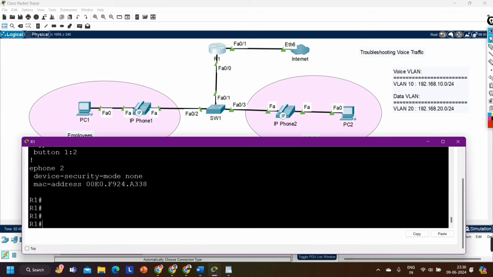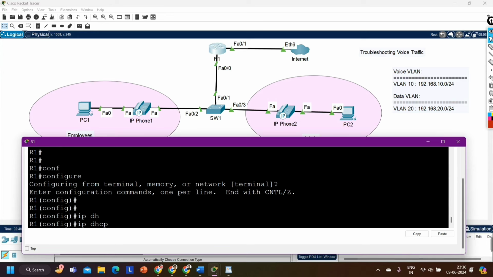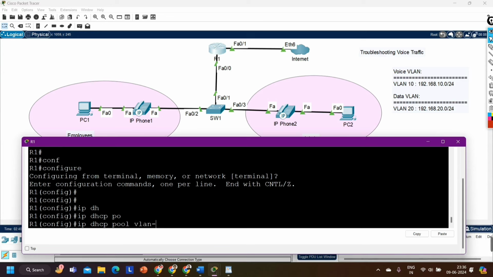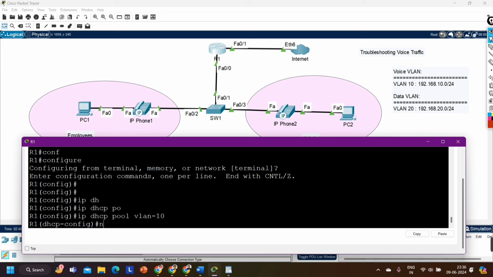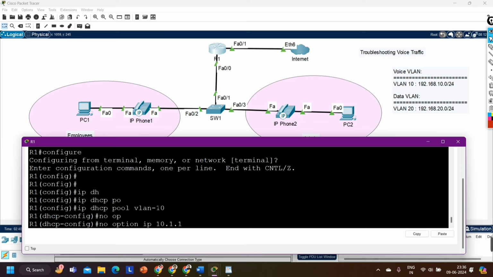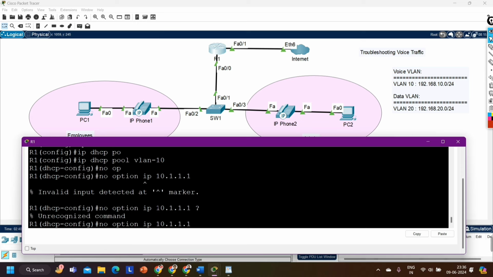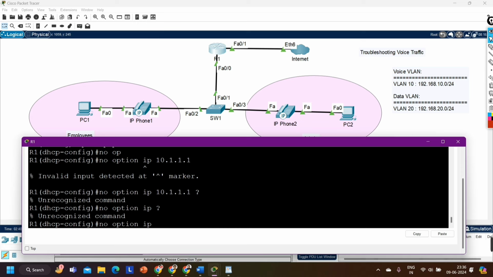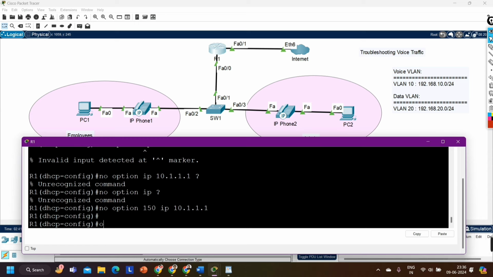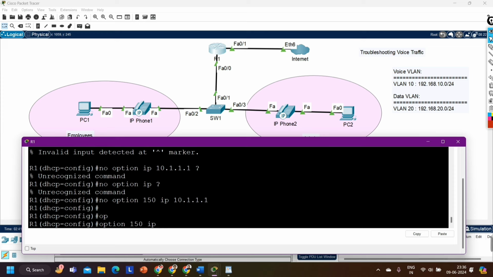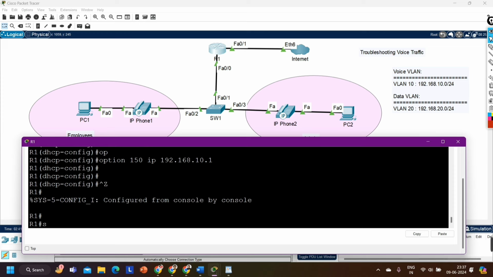So go to IP DHCP pool VLAN 10, and here first I am going to say no option 150 IP 10.1.1.1. I've removed this command, then I am going to say option 150 IP address of my router 192.168.10.1. This is the correct configuration, right? So run